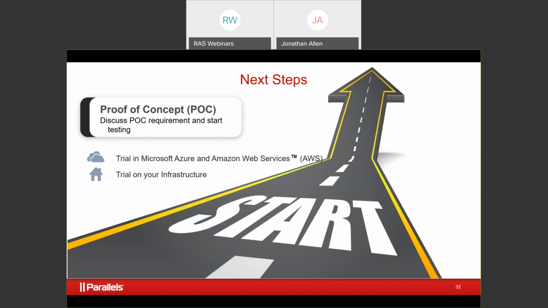If you have power users, like developers or graphics artists, that really need to see stuff within a fully functioning version of Windows locally on a desktop, you can run Parallels Desktop for Business on those devices and then manage all of that through PMM. So there really is a great mix and match, whether they be power users or ancillary remote users that just access on a regular basis. We have a solution for that, and we have a function for that for you.